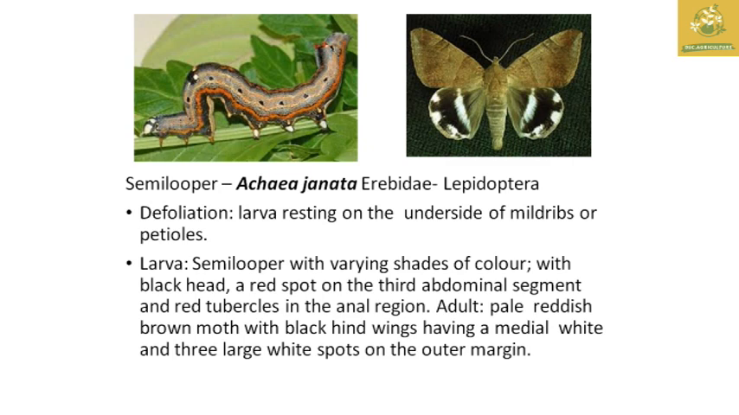So they used to cause defoliation, so which used to rest on the outer side of the midrib of the petiole, and the larva which is a Semilooper varying with different shades of color, and they used to have a red spot on the third abdomen is the characteristic symptom we can identify Achaea janata. And they also turned into a brown moth with a black hindwings having medial white and 3 large white spot on the outer margin in the hindwings is the characteristic identification of Jatropha Semilooper, where the scientific name is Achaea